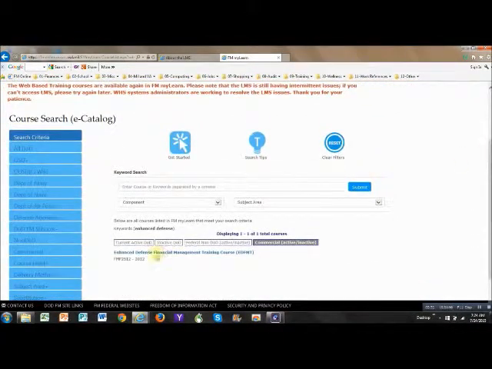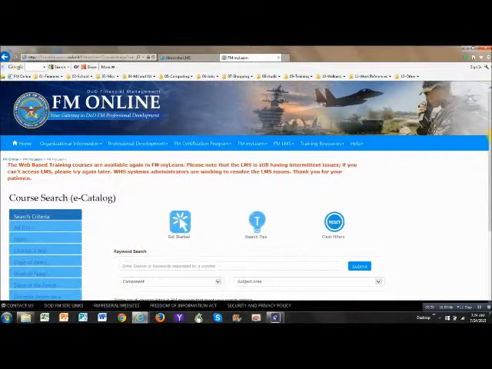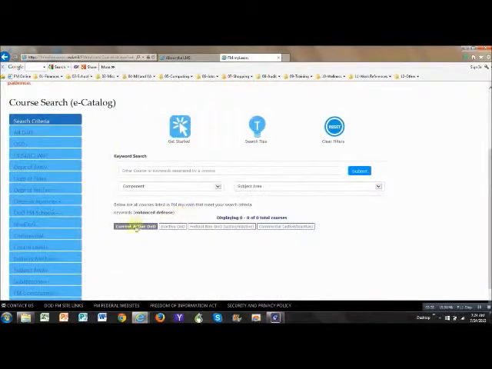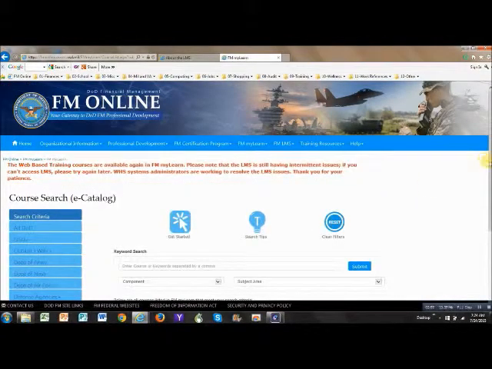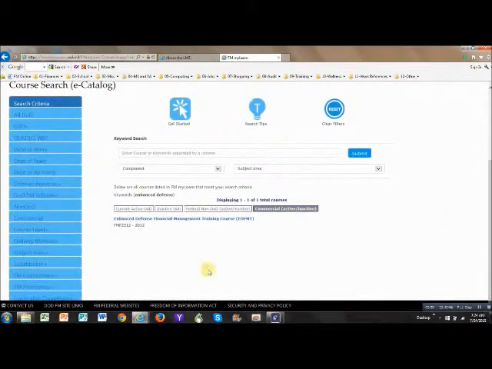you notice if I clicked on the current active tab here, active DoD, there's 4 different tabs: current active DoD, inactive DoD, federal, non-DOD, active and inactive, and then commercial. If I clicked on the current active tab, you notice that it doesn't show up. It shows my keyword as enhanced defense, but it doesn't show up down here. It's because it's a commercial course, and then when I click on the commercial, it's actually going to bring it up here. And then if I click on the link,